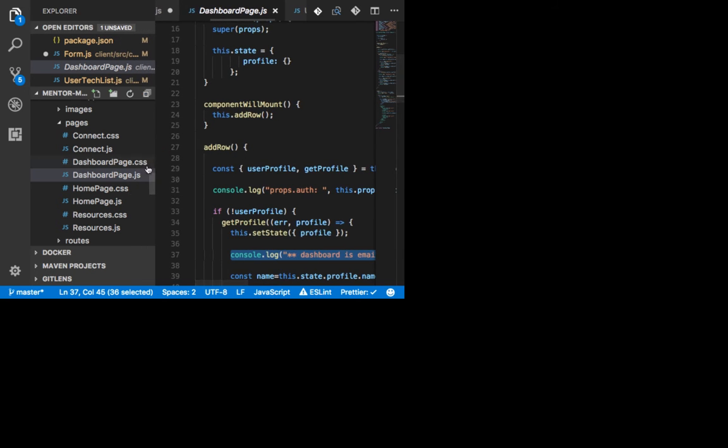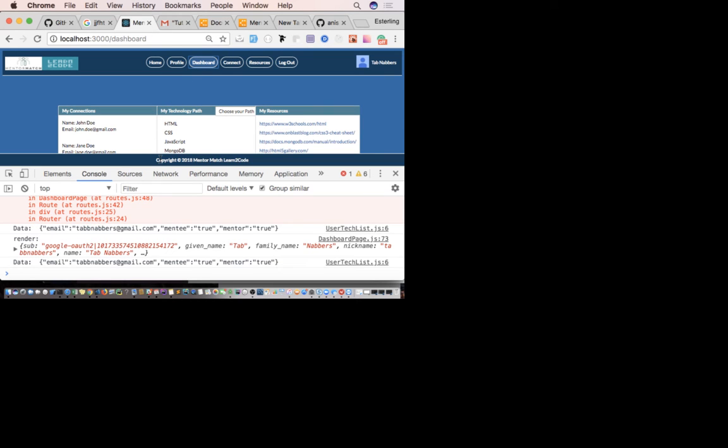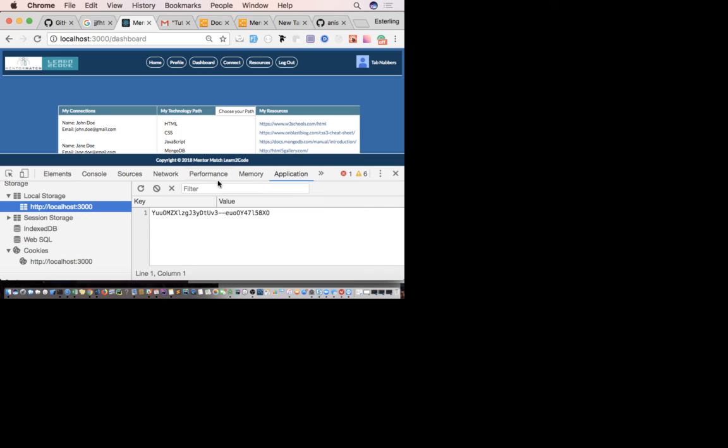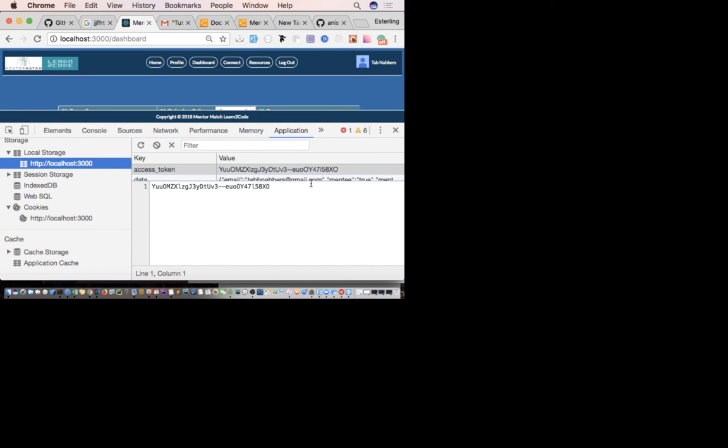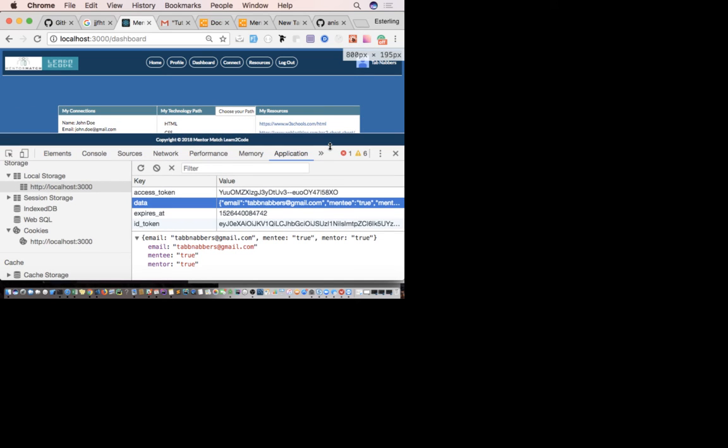So the pages, I'm assuming, it's all about routing, right? Dashboard and all these other routes. The idea is that when you click dashboard, it runs that dashboard.js. And when you run that, you would do an API call back to the database using your user information to get that user's information and display it on the dashboard. And then if they want to add technologies, they could add technologies through the button, and that should come back and display again on the dashboard.